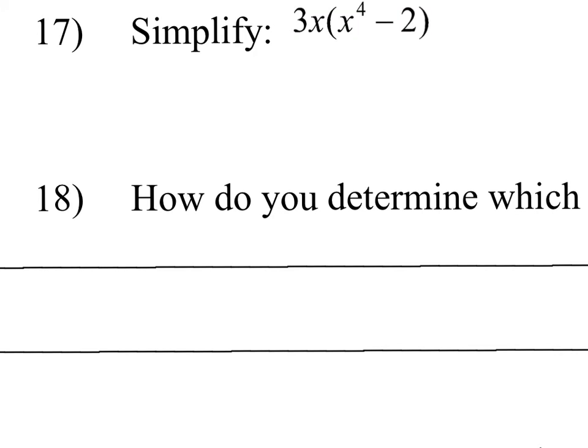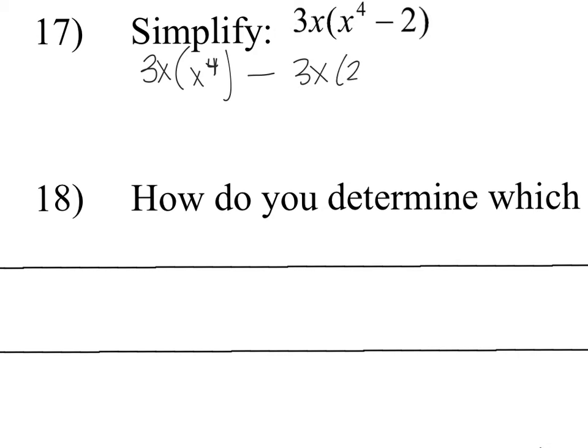Number 17 is asking you to simplify this statement. What we have going on here is 3x times the quantity x to the power of 4 minus 2. You may recall if you have something outside of the parentheses, it is like the distributive property. So really you are taking 3x times x to the 4th power, bring down your minus sign,